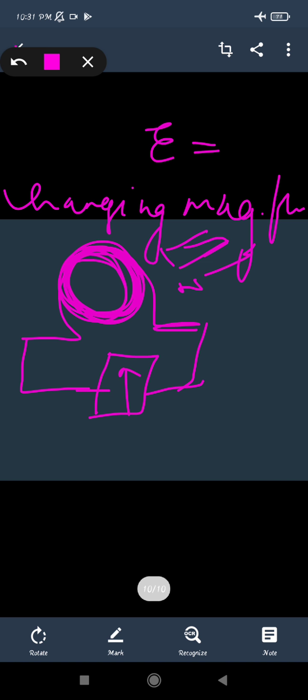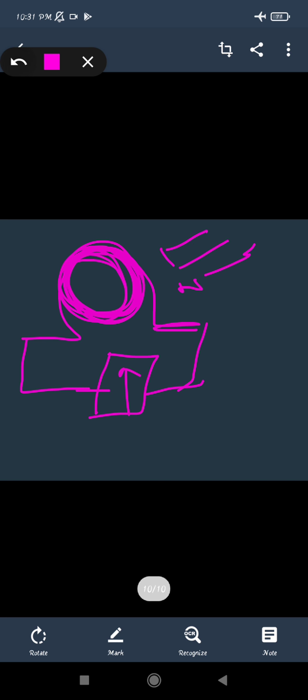But this experiment was first given by Faraday, taking this current carrying conductor, or any conductor which can show electrical conductivity. It will have some magnetic field when we are taking a rotating magnetic field or a moving magnetic field. So this was Faraday's law also. What was Faraday's law? That the induced EMF is produced due to a changing magnetic field, right? So these were the laws of Faraday, and he gave 2 laws.